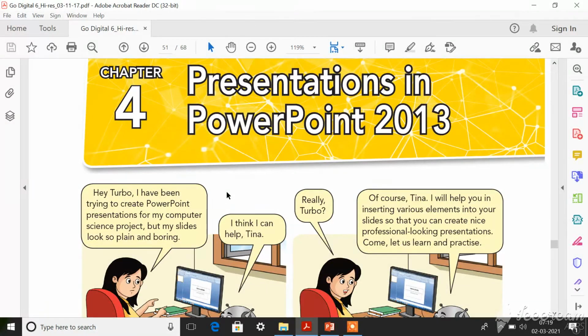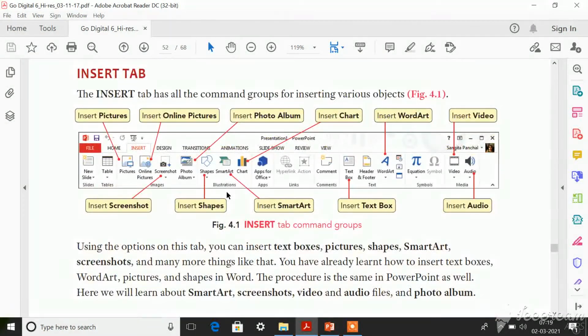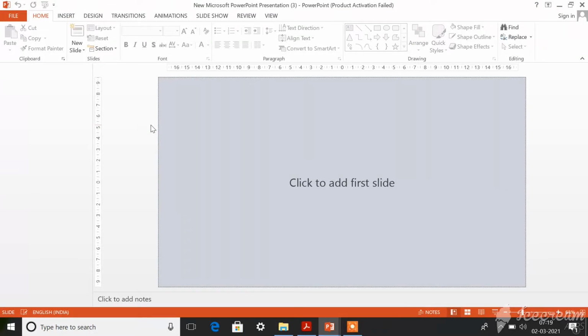When you open your presentation, in the Insert tab you can see all these commands. Before that, let me open Microsoft PowerPoint 2013 for you so that I can show you in a realistic manner. I hope you already know how to open Microsoft PowerPoint.